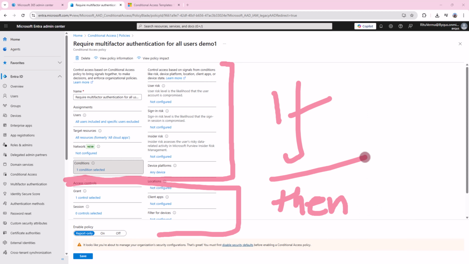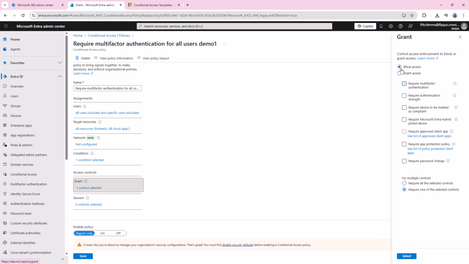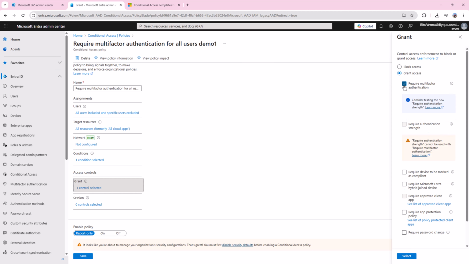Now the control says block access or grant access. If you select block access, it will block the access completely. If you want to grant the access, then you need to select require multi-factor authentication. It says consider testing the new require authentication strength.